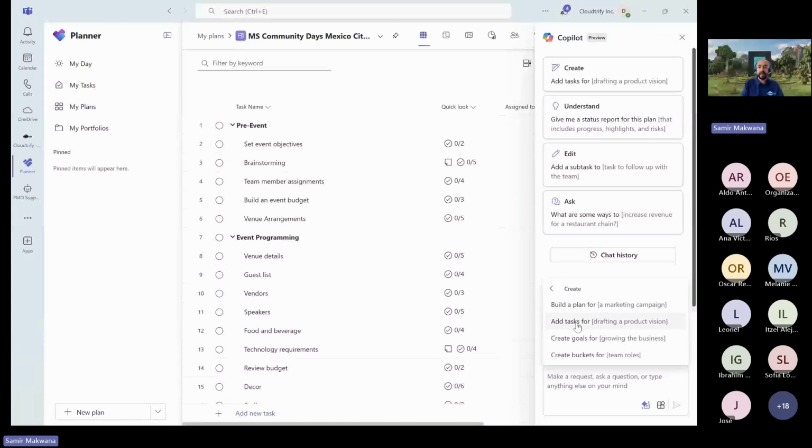If you want to add some more tasks regarding engaging speakers or attendees or the guests, then you can have it here too. If you want to create a goal to achieve an 85% success rate, then you can have those goals defined as well. You can even create different buckets, right? So let's add some tasks just for demo purposes.